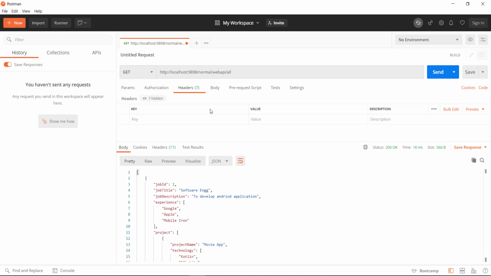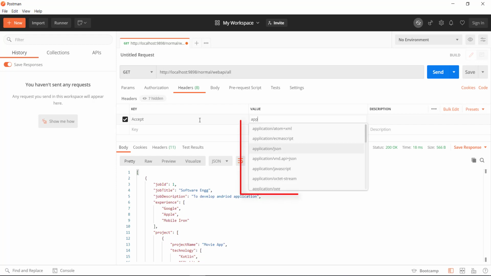Let us assume I want to receive the data in the JSON format, which is the default format. For that, I can use the Accept header and specify the value as application/JSON. For the Accept header, I can specify different values also, but that totally depends upon what different formats are supported by the application.